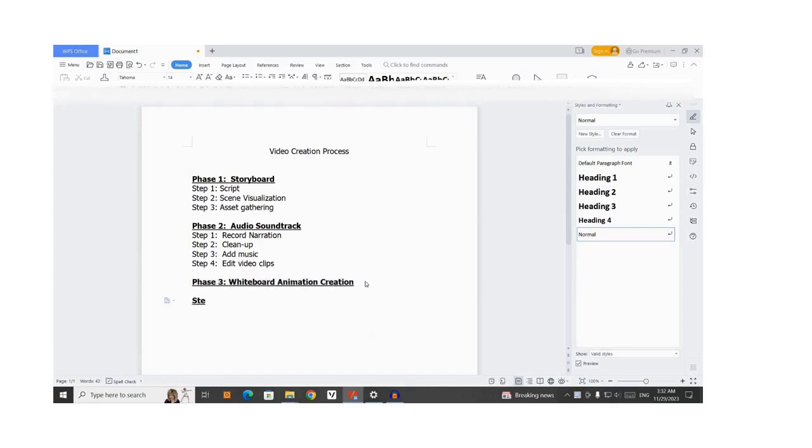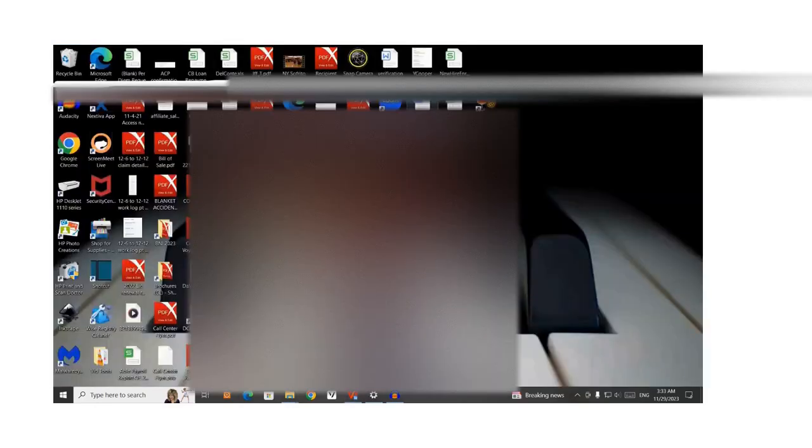So step 1 is where we take everything that we've written in the script and all the images that we've gathered and everything, and we put it on the screen, on the actual video. So step 1, and let me just take this off. Okay, so step 1 is to create the video, and in order to create the video, I actually use a whiteboard animation program